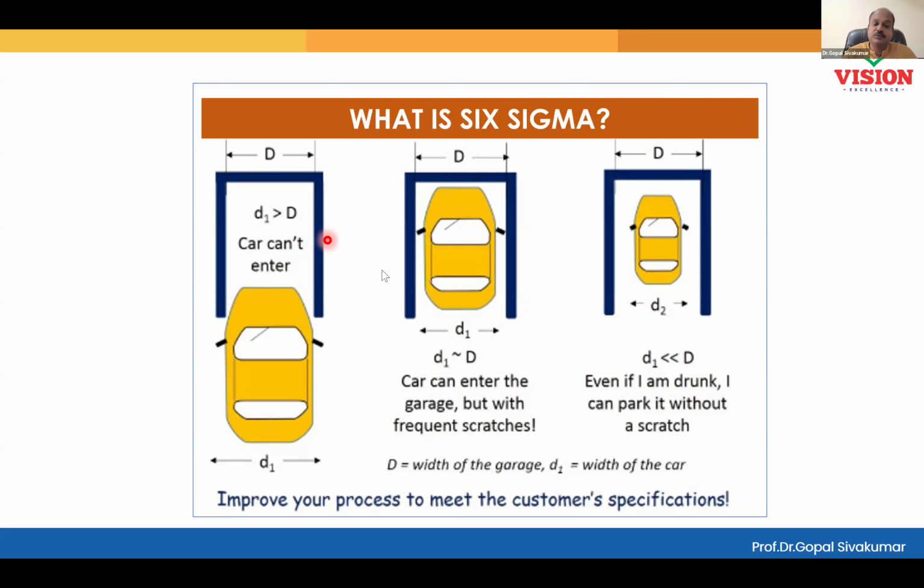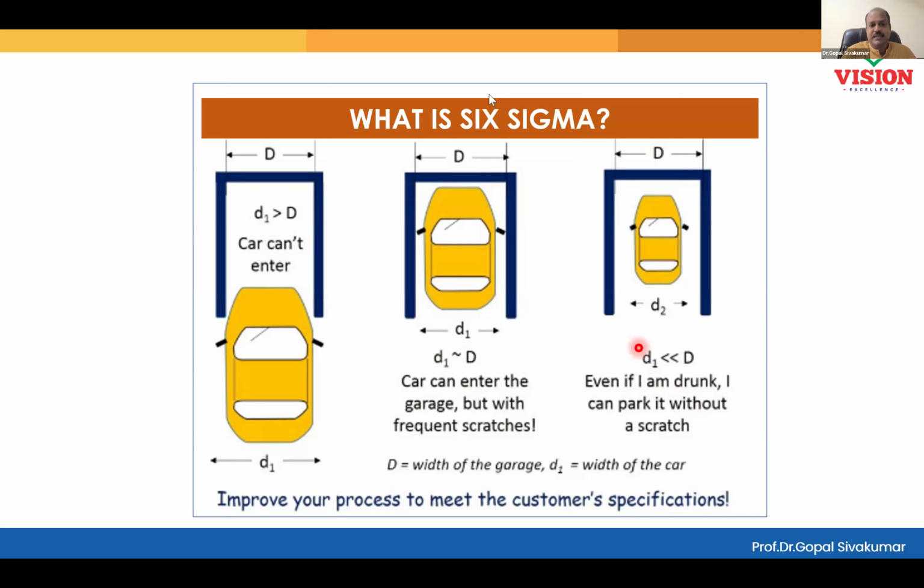Some people should have carefully designed the process. You see here, the car is so small compared to the parking area. Now, there are two things that need to be understood. The car should be smaller in size, and you should have a skilled driver. You should have a very good driver. Yes or no? If you are the driver, you must have good driving skill, and then you must have a car smaller than the driving area.